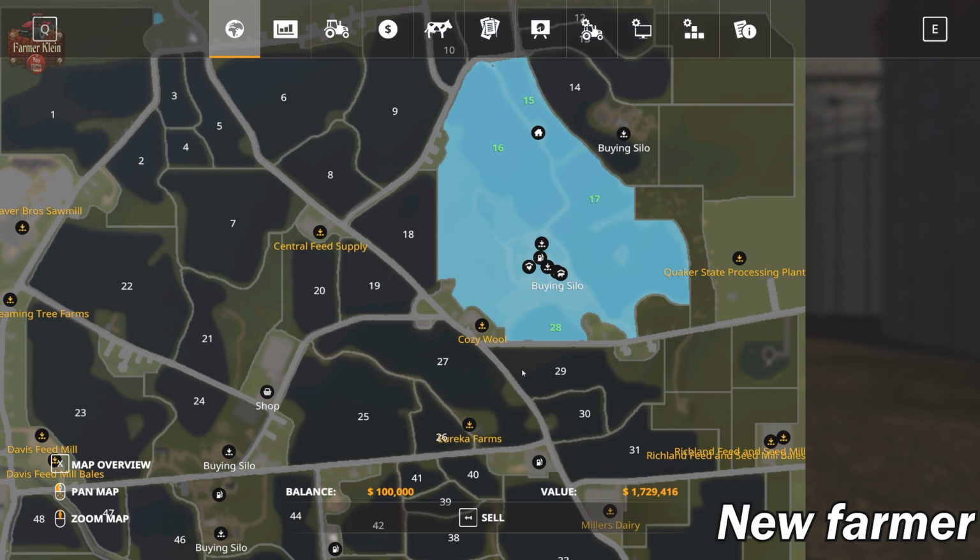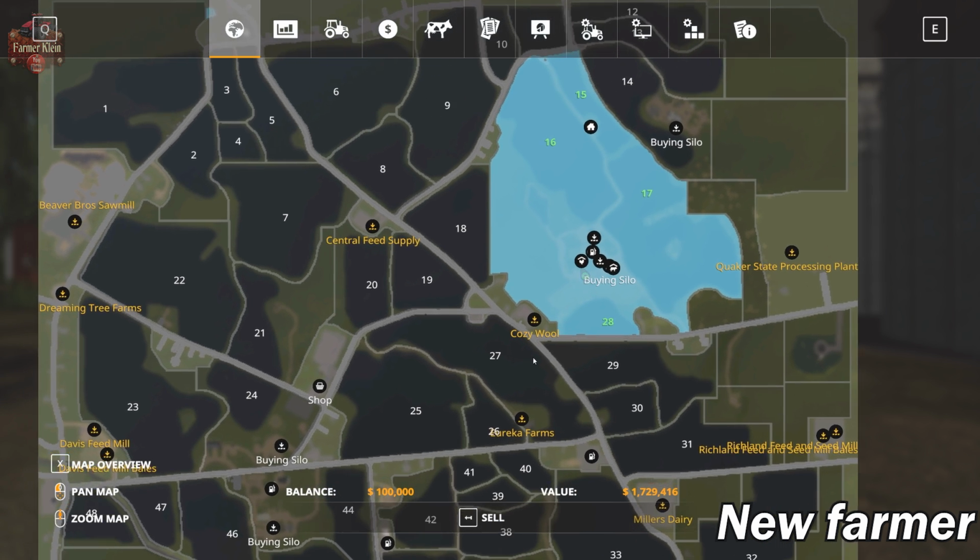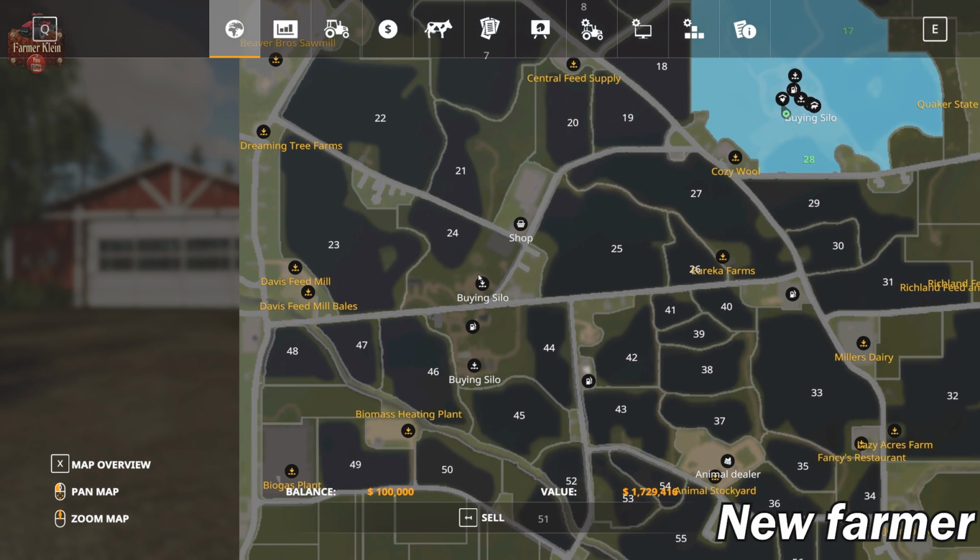All of these buildings are still placed in farm manager mode. You also start out with all the vehicles in farm manager mode. So you could theoretically sell the vehicles and then get yourself 1.7 million to buy the land, and then just start really, really small as far as farming equipment. We also have a farm over here for area 24,